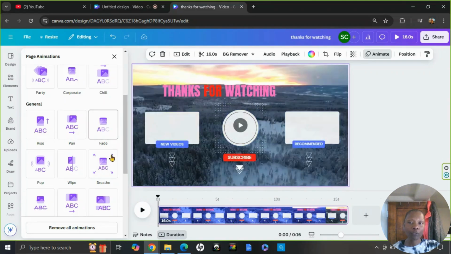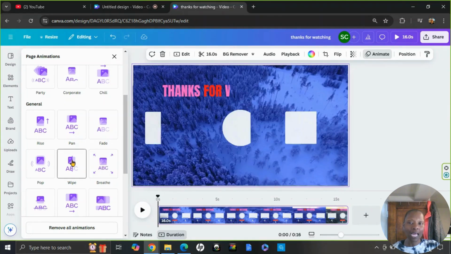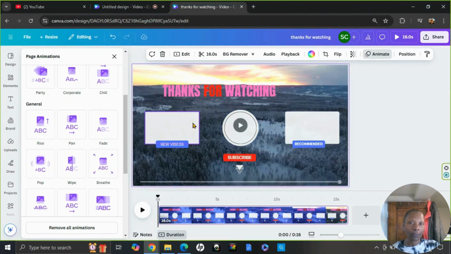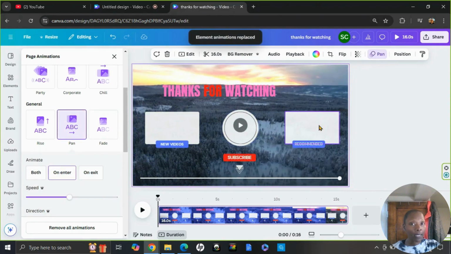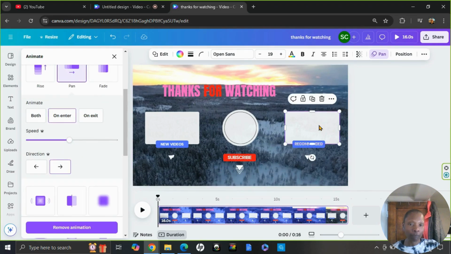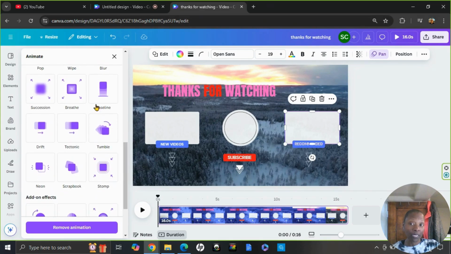So this is if you want to animate the entire page. You click on the page itself, and then you choose an animation, right? So we could choose this one, but you can also animate individual elements. For example, if you wanted to animate this one and have it with a different animation, say baseline, you can